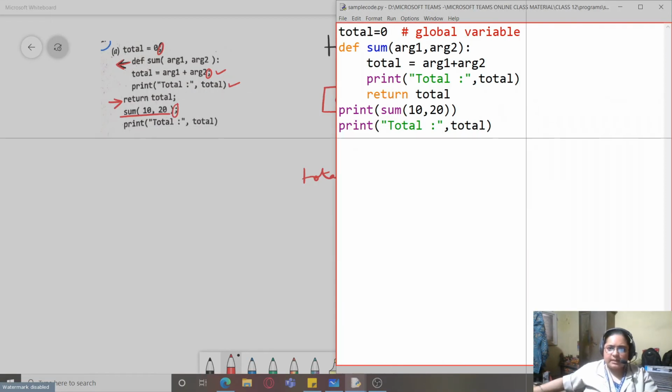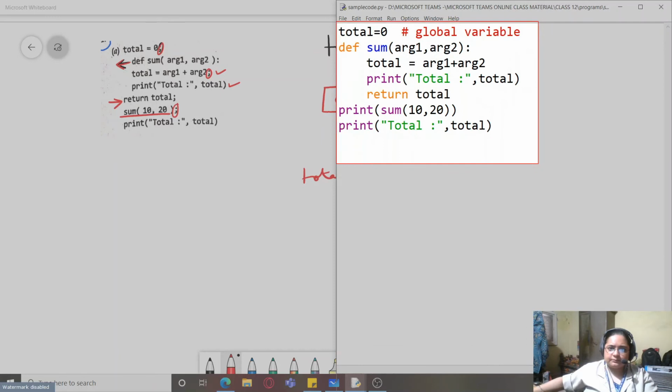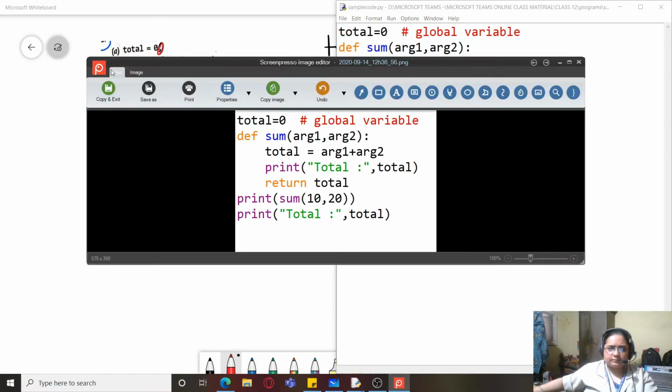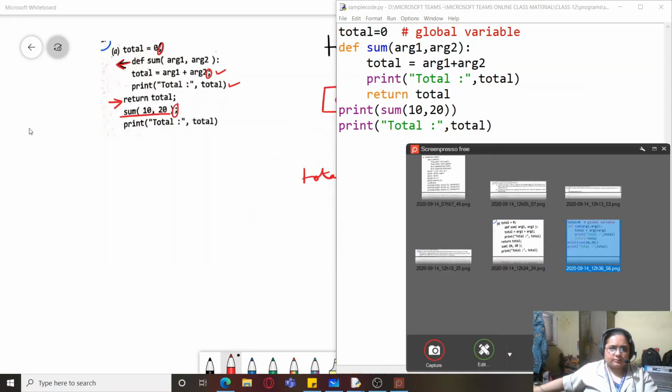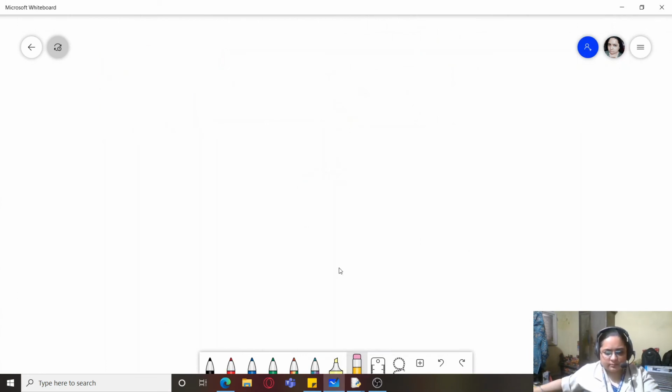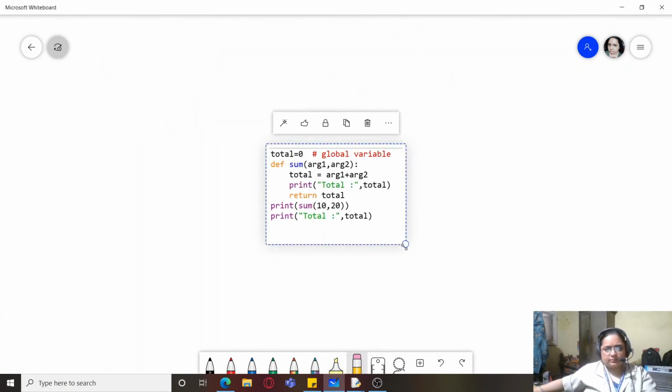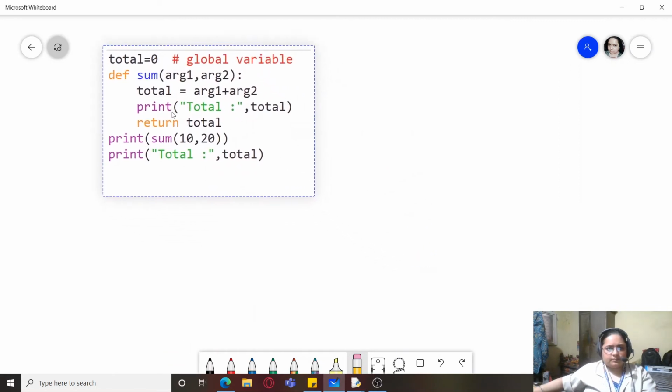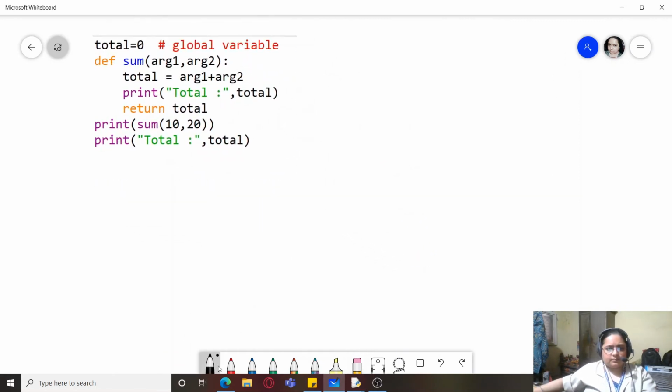So this is my corrected code. So let us see how this corrected code works.